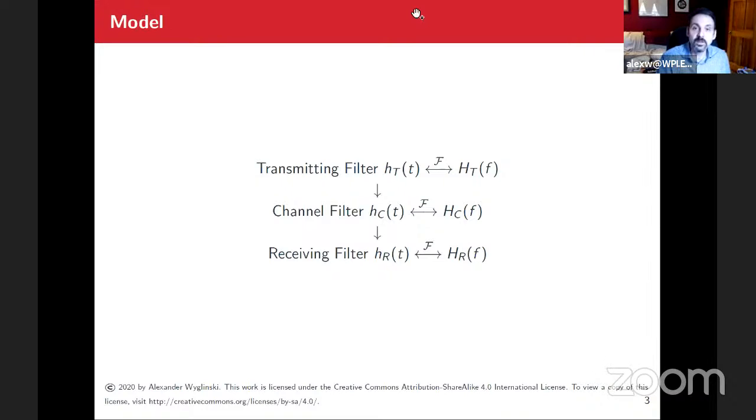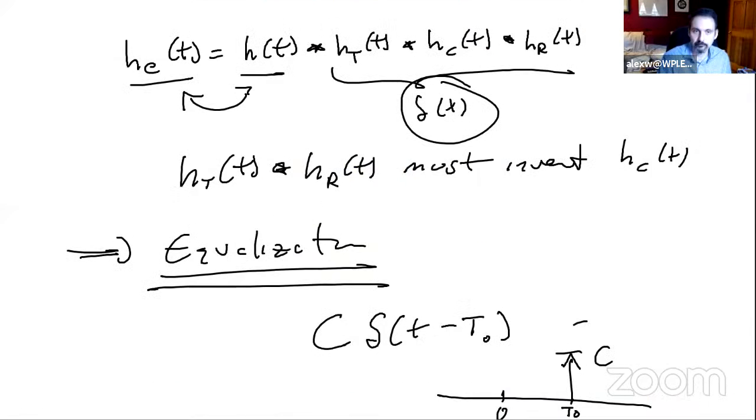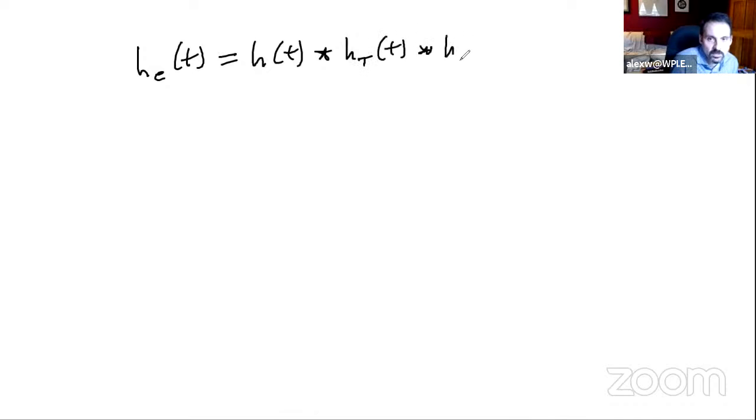There's also, what is the frequency equivalent of this, folks? The frequency equivalent would be something like the following. So remember, h_E(t) equals h(t) convolved with h_T(t) convolved with h_C(t) convolved with h_R(t). If I want to make the Fourier equivalent,